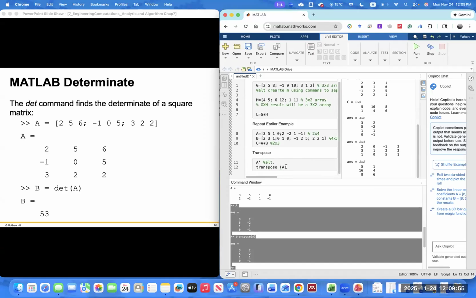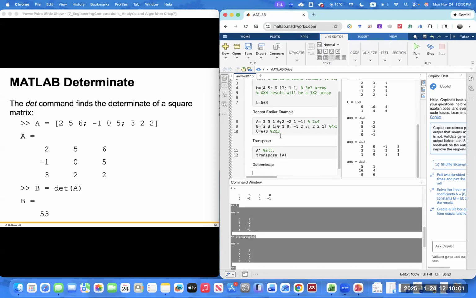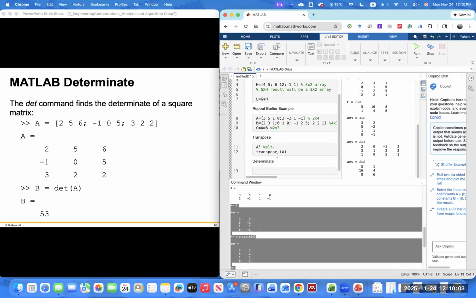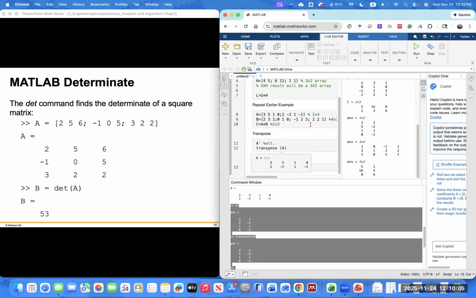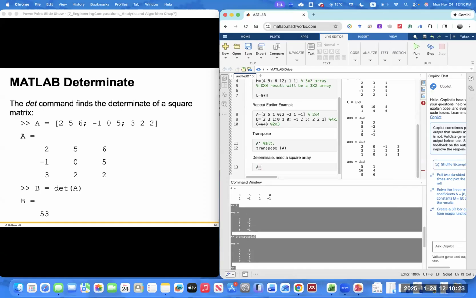Okay, determine. Determined. That is easy too. So you have A here. And again, make sure you have a square matrix. Okay, so we'll define a new A here, which is 3 by 3, which is 2,